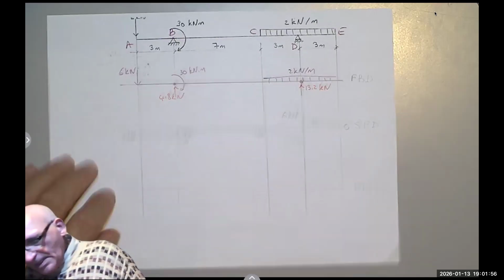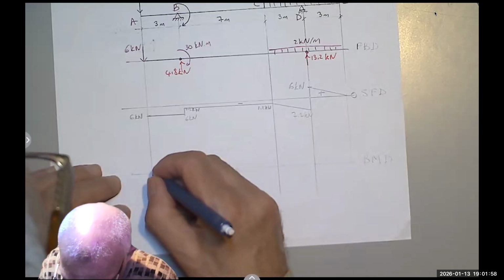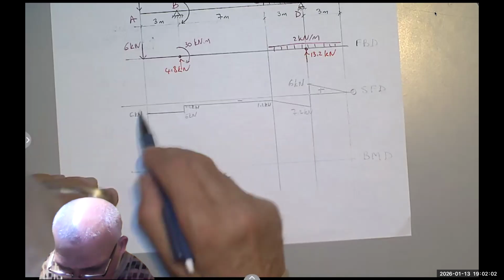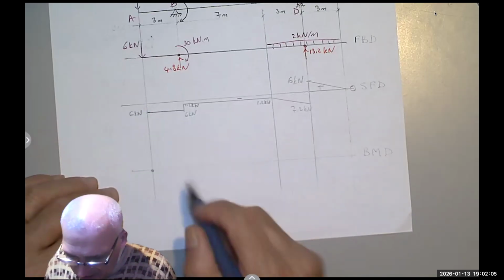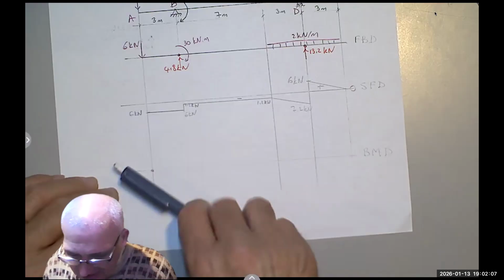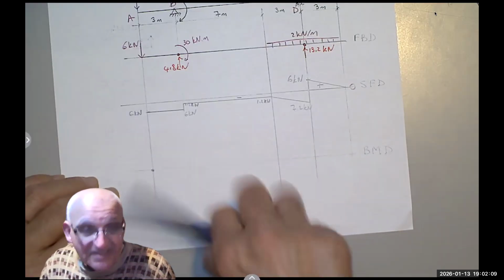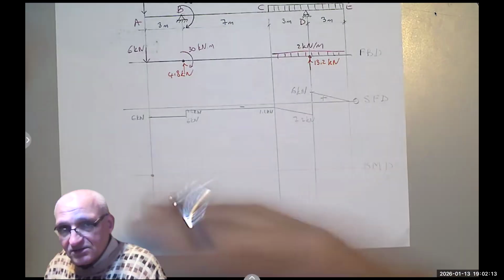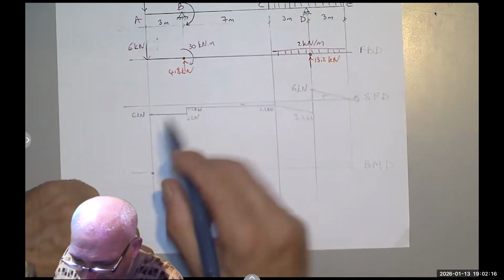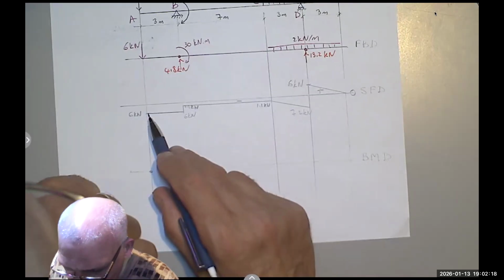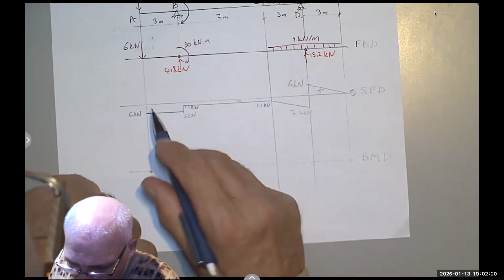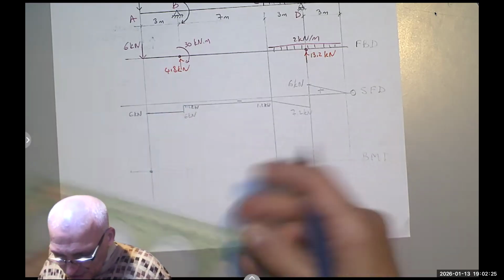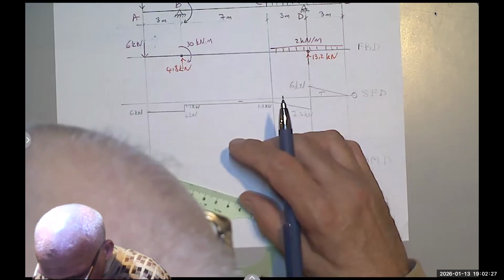Let's see. I start here with 0 bending moment, 0 kilonewton meter. This is negative, and it's constant. So it's a straight line going down, and its slope is 6, right? 6 kilonewton per meter. Now, this distance is 3, and 6 times 3 is 18. So the moment here would be negative 18